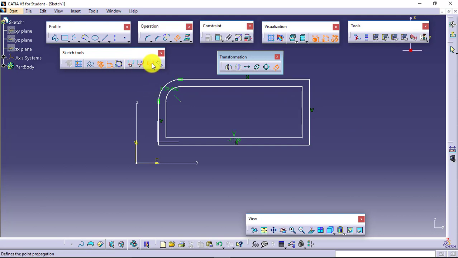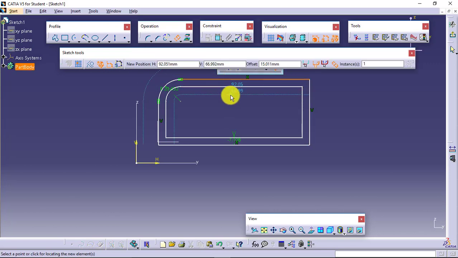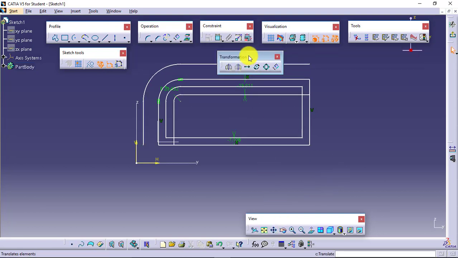Whatever option I choose out of these three, no propagation, tangent propagation or point propagation, if I want the result to be created on both sides, then I will select this option as well. Now see, tangent propagation I want on both sides. You can see the result. This is and this is the result. Separately you can change these two values, no issue.